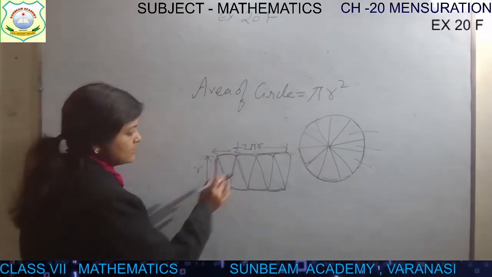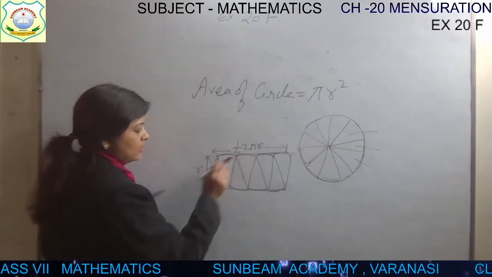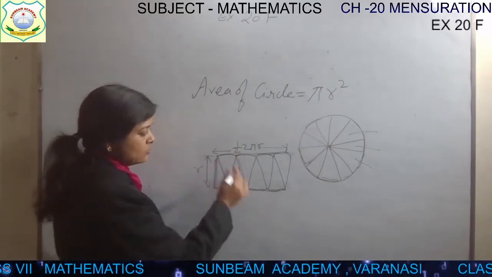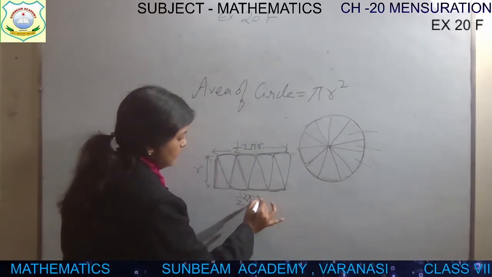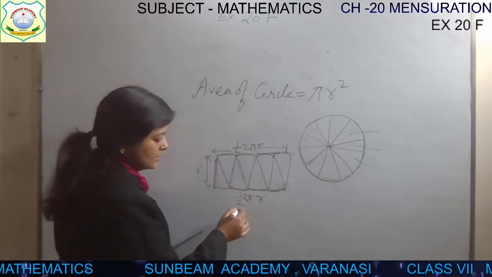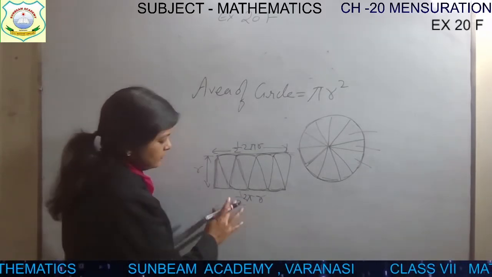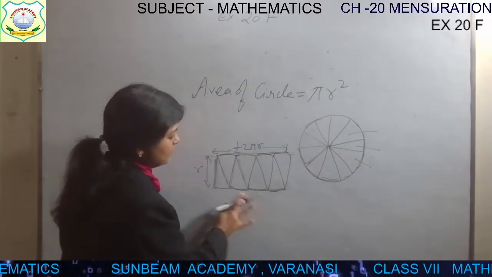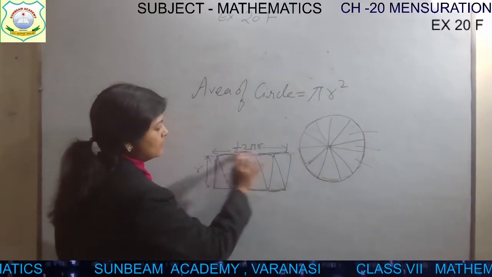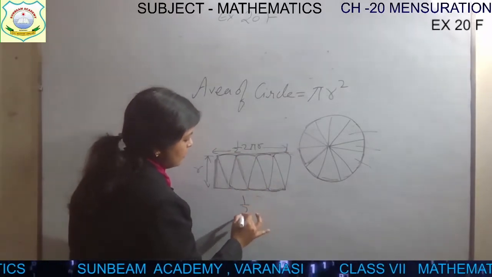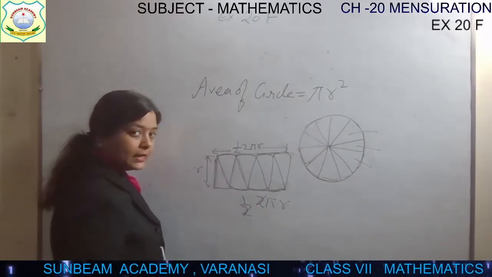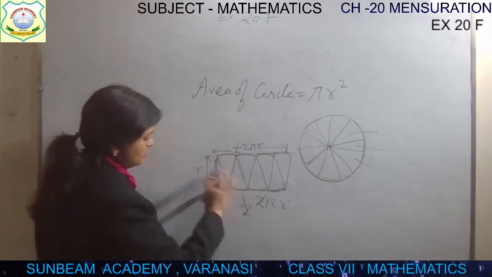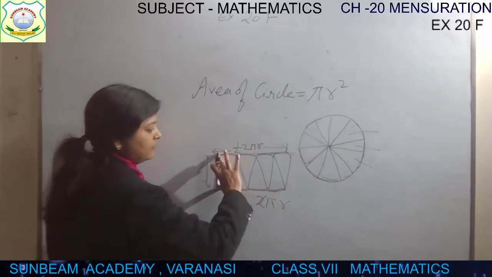Area कैसे निकलेगा इसका? Base length into breadth, या इसको भी half of 2 pi r ले लो. Half of 2 pi r, ठीक है? तो half से half तो कट जाएगा. Circumference का आधा portion यहाँ जाएगा, आधा portion will come in numerator. So half से half cancel, pi r ही बचा. Now base into height. Base into height will give you the area.